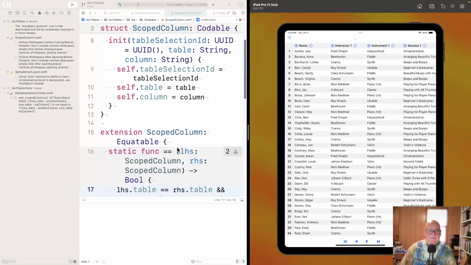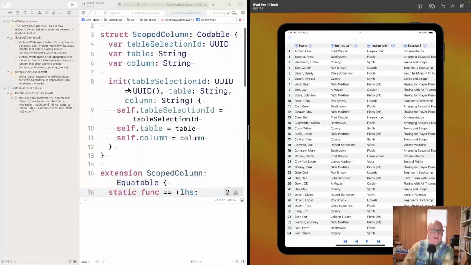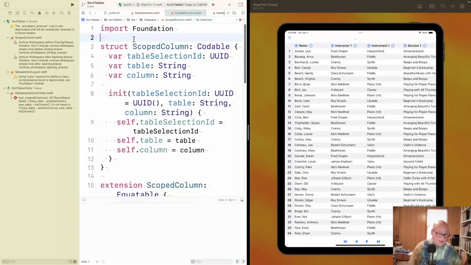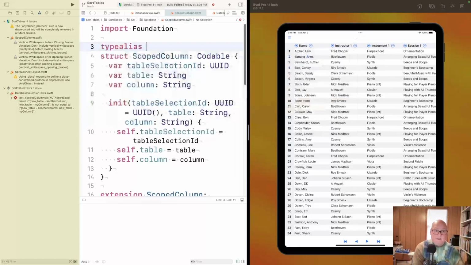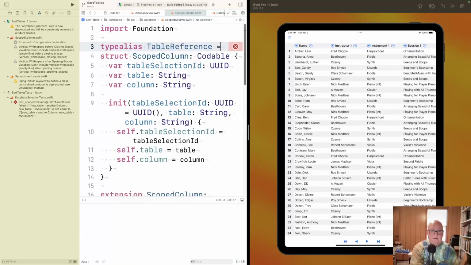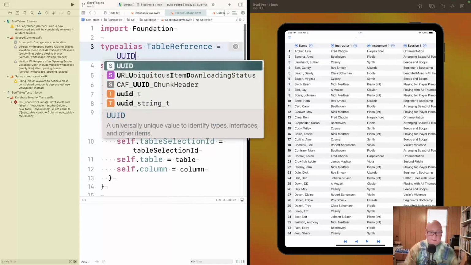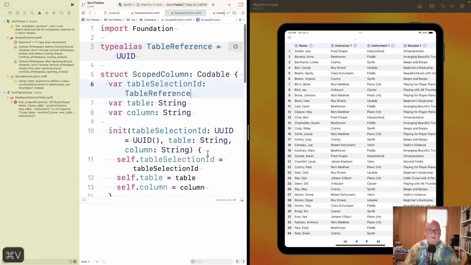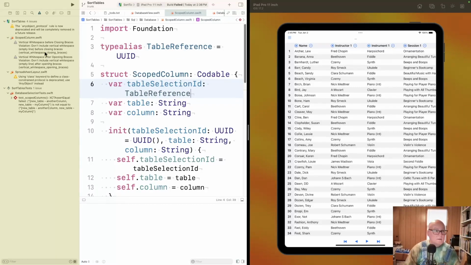All right. Yeah. So let's see, back up a suggestion or two. I think this table selection ID really is the type that we're talking about. So I'm going to do the halfway thing. I'm going to say type alias, and I don't want to use table because that's already kind of loaded. I don't know, table reference. And I'm just going to say that it equals UUID and then use that down here. Okay. And then those,